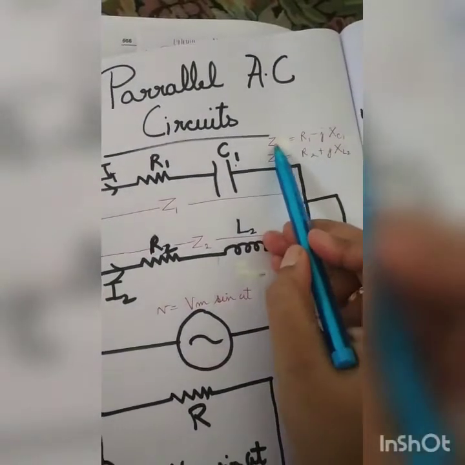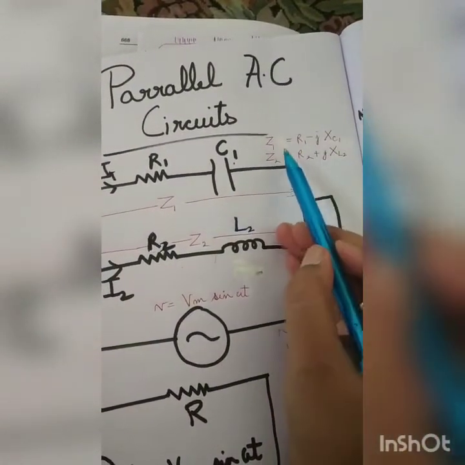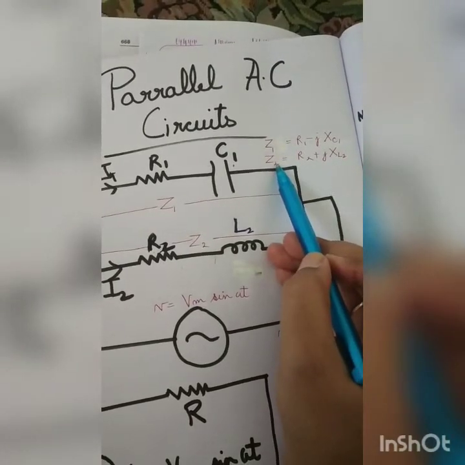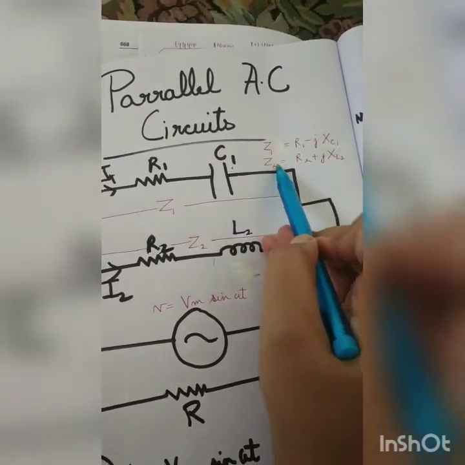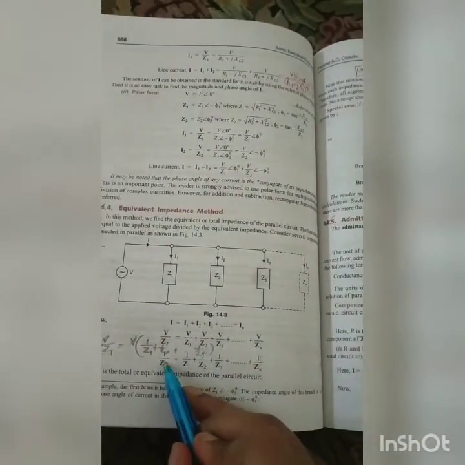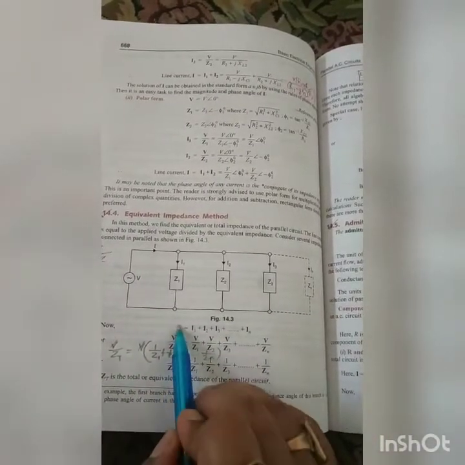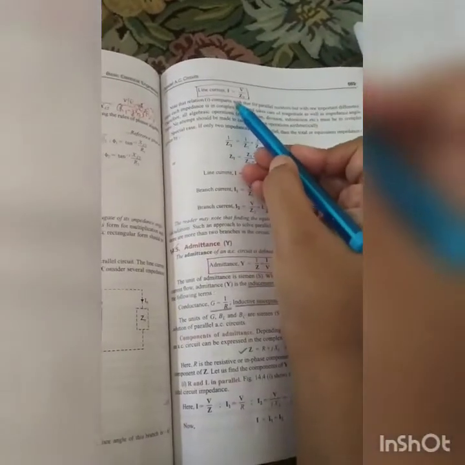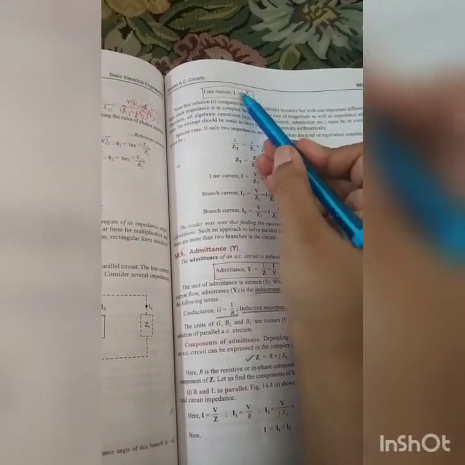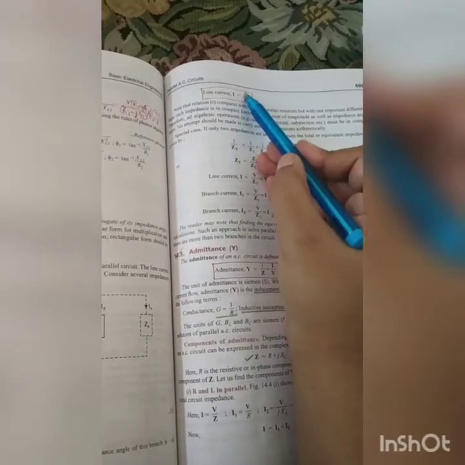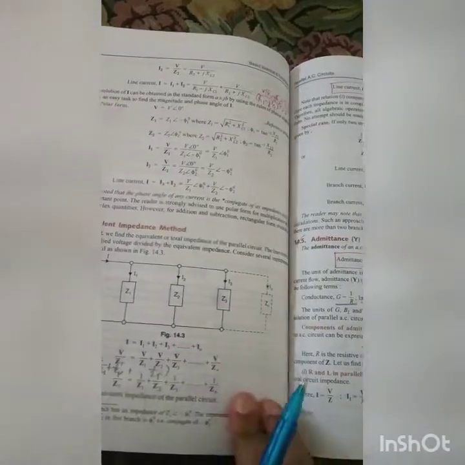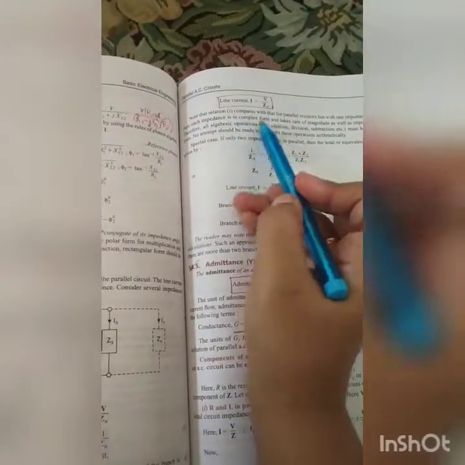Now how do we find it? We know Z1: if R1 and XC1 are found out, then we can find Z1. Similarly, we can find Z2, that is, the impedance of branch 1 and the impedance of branch 2. From there we can find the total impedance by this equation. By finding this total impedance, we can find the total current. Total current is simple: V by ZT. The magnitude of the voltage source will be given, and ZT we will find by this equation 1. So this is the line current, and it can be found very easily.